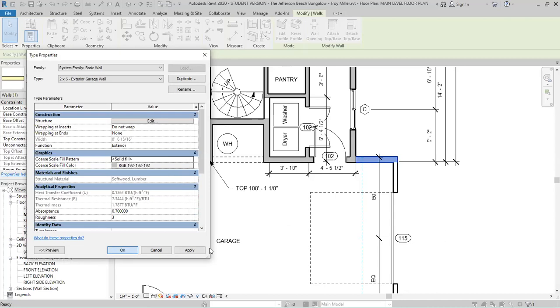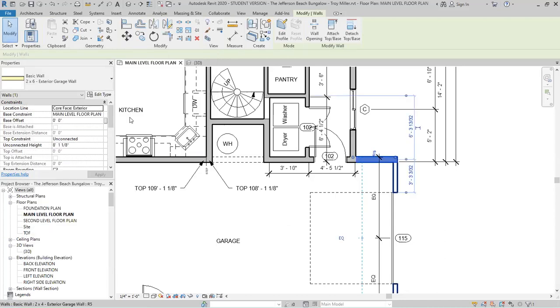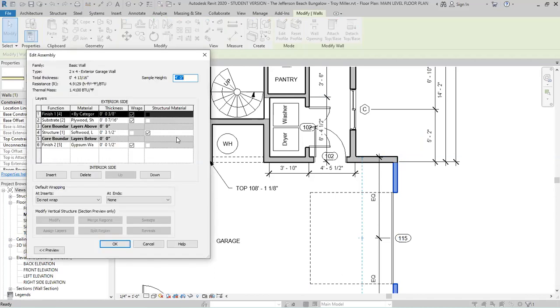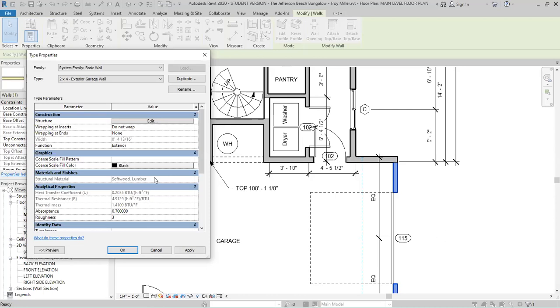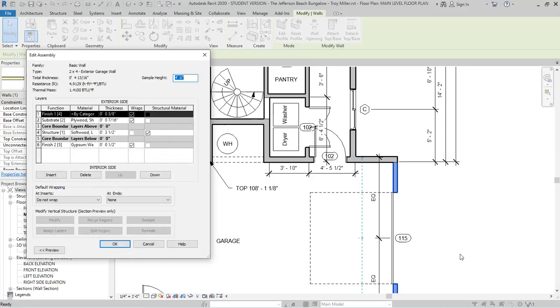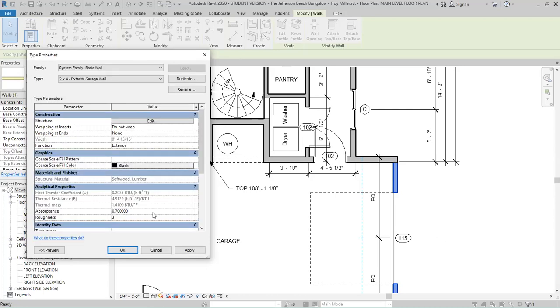Say okay, and then finally I'm going to select the 2x4 garage wall, and I'm going too far. Okay, so I'm going to go here, and then again, one last time,